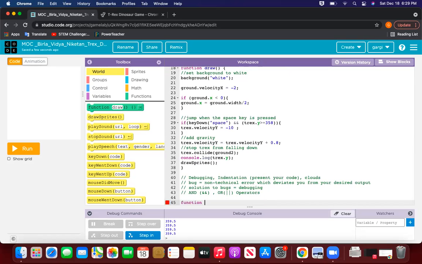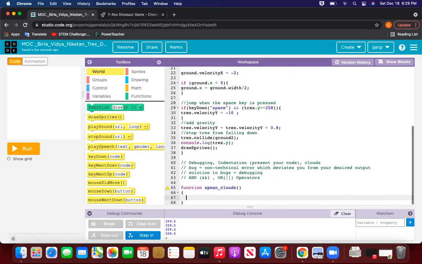So I'll type the keyword function. I'll give a name. Let's say we would like to call spawn clouds. Then keep a pair of round brackets, then curly brackets. Now, first thing I need is a variable. Let me call it cloud. I need a sprite. Now, in the sprite, the X position should be on the right side.